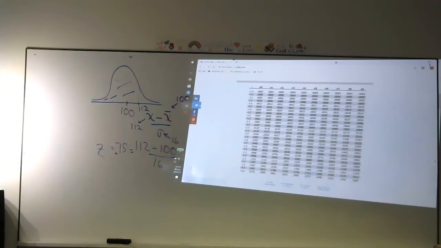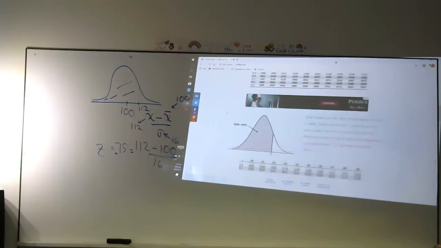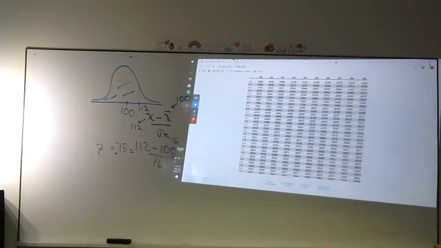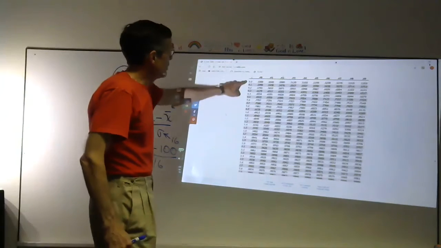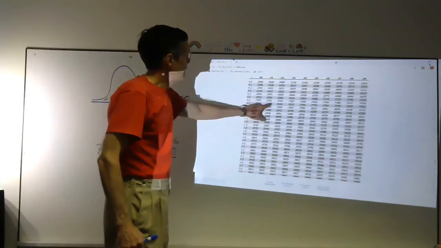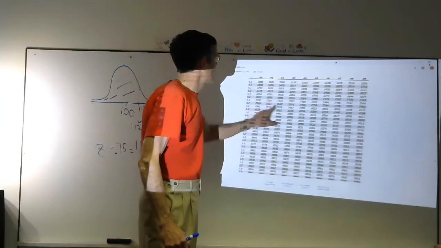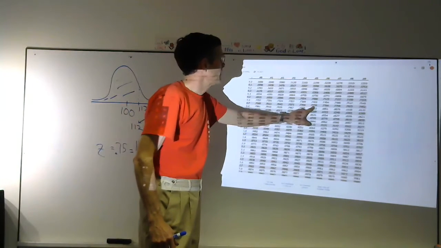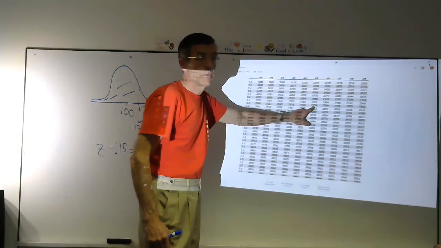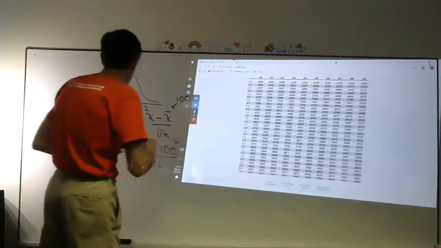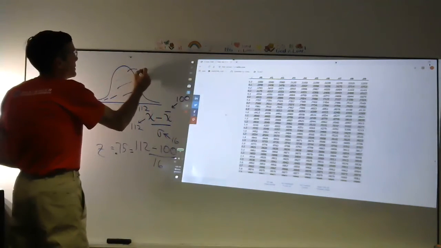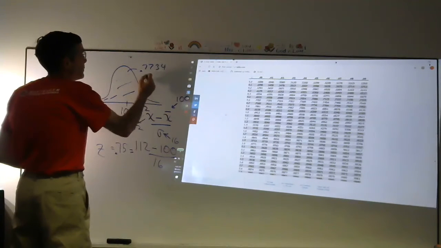We found the z-score is a positive 0.75, and I told you those z-scores were negative, so we've got to go down and find the positive one. Let's go down here. And here we are with the positive z-scores. Here's 0.7, and here is 0.75. Right over 0.75 is 0.7734. That tells me this area right here is 0.7734, or